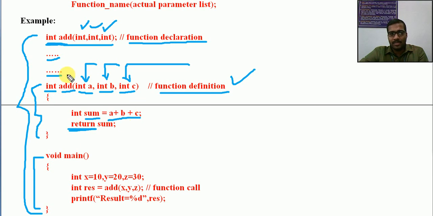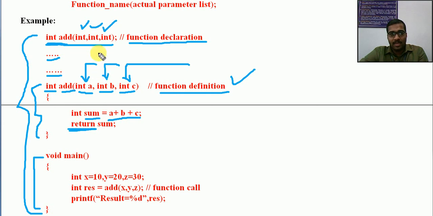It is a different function like main. A separate body is written, so that is why it is separated from main. It is not written inside the main. Either you can write it here, or you can write it after main also. That is also possible. In some textbooks you may see that this function is defined after the main. No issue. That means it will be stored in some other location.